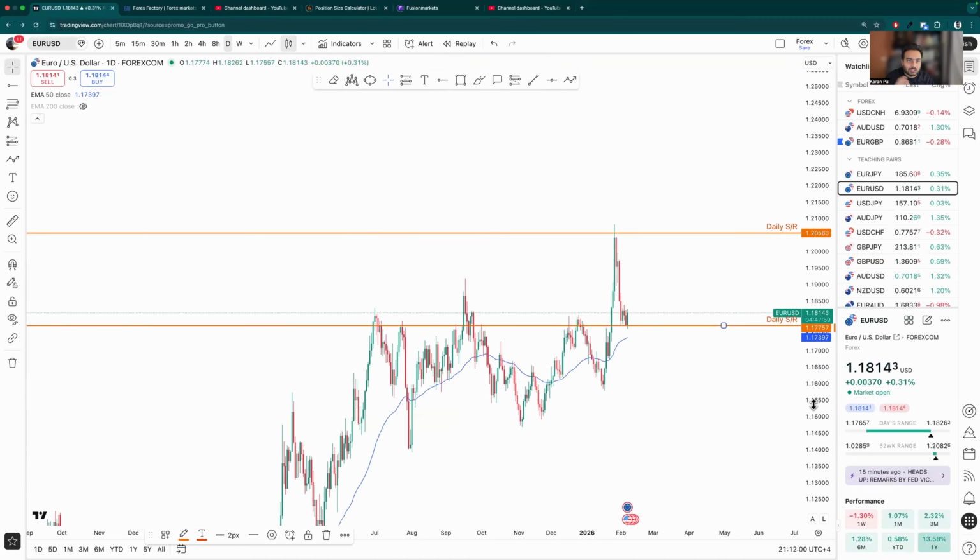Understand this. With support and resistance, you need to understand this as well. You need to look at price action. When you're analyzing a trend or a support resistance line, that means you're also analyzing price action. What kind of price action the candles are doing when it touches this line. If it's not completely reversing, then you need to look for a trade that is not based on reversal.